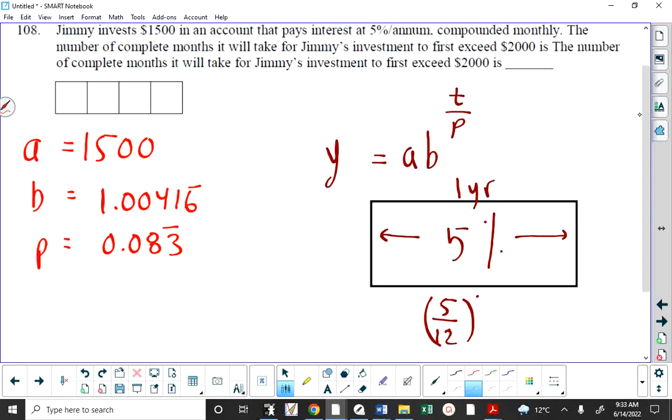Now, we do have an option here. This is years, right? You could put 1 in for P and then just use your time in months. That would work as well, and I'm inclined to do that. So what my formula is